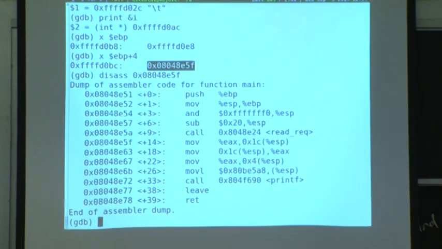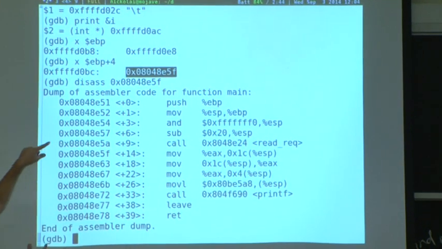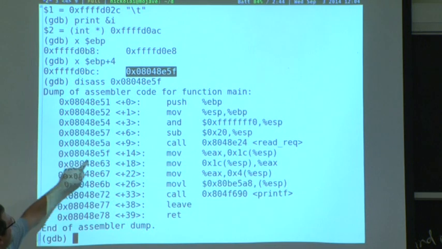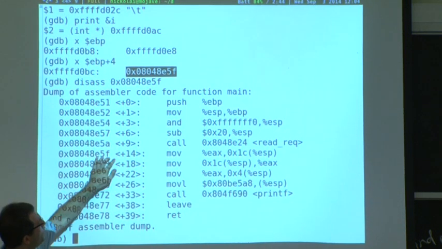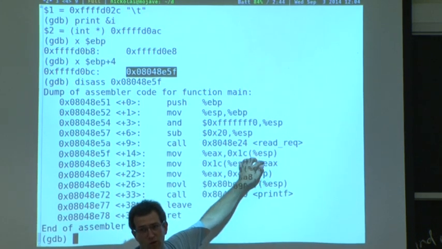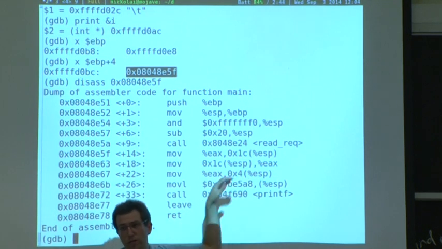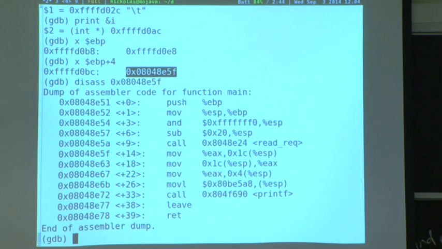Where did we end up? GDB helpfully figures out which function contains that address. So this is the guy that our return address is pointing to. And as you can see, this is the instruction right after the call to redirect. So when we return from redirect, this is exactly where we're going to jump and continue execution. This is hopefully fairly straightforward stuff from 004 or some standard OS class.